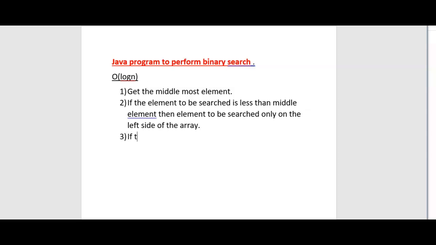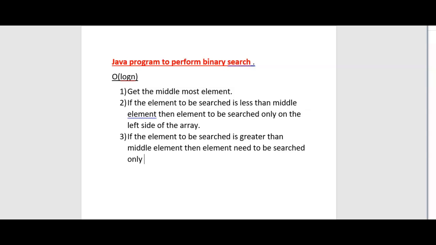Again, if the element to be searched is greater than the middle element, then the element needs to be searched only in the right side of the array. These are the three important steps we need to understand to perform the binary search. Based on these three steps, we are going to write the logic, see the output, and execute the Java program as well.